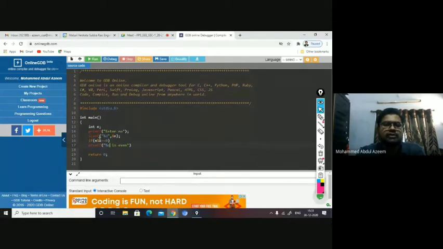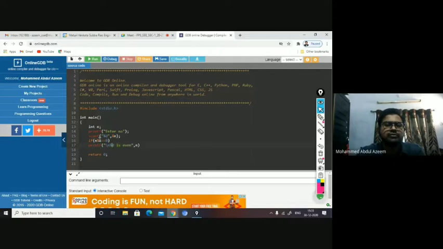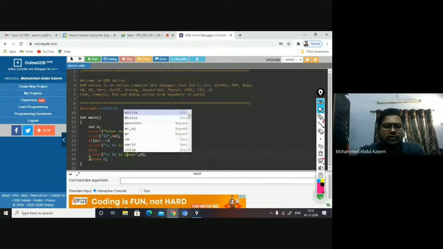If I want it on a fresh line, I just say the new line operator \n, okay? And double quote, comma here. What number do I want to be printed? n, okay? Semicolon. Then I say else. And the same thing I have to do, only thing is I have to say odd. I copy it and paste it here. So instead of even, now it has to be odd here.